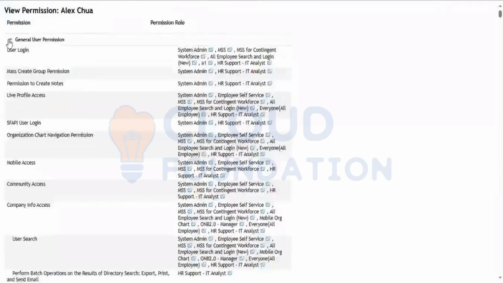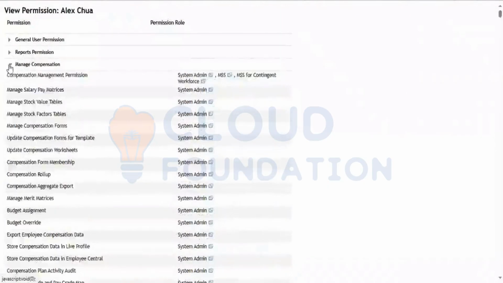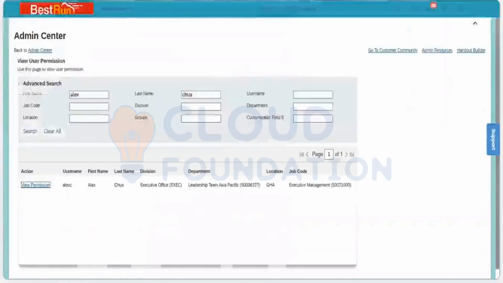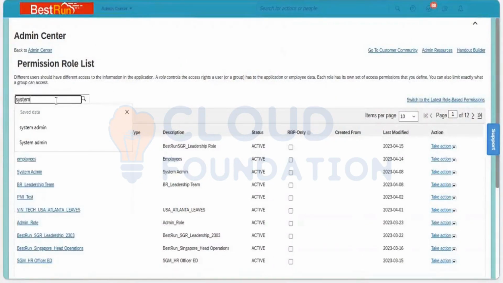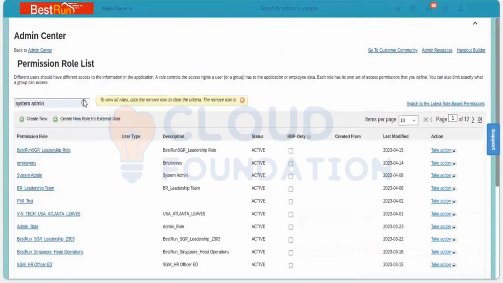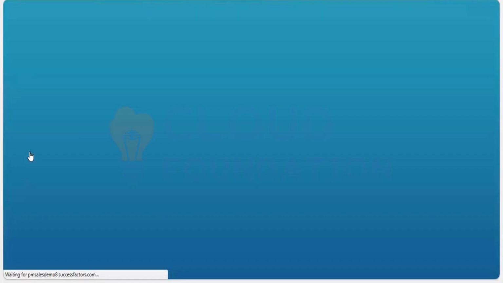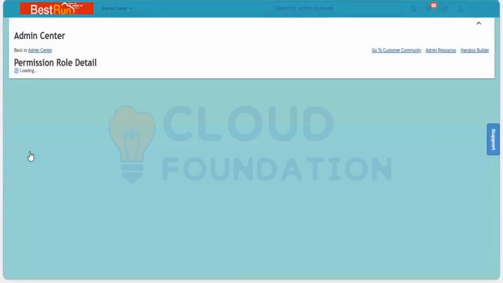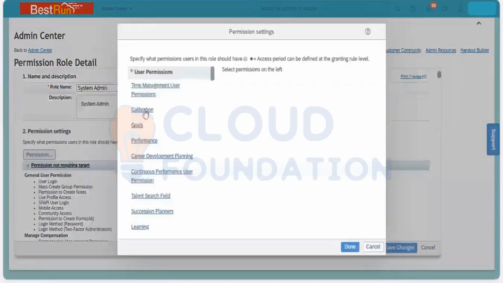This permission list, where is it coming from? It is coming from the category. Suppose I go back into the system and go into the permission role, and open the system admin. Once I open it, when you go into the permissions and under the user permission, you can